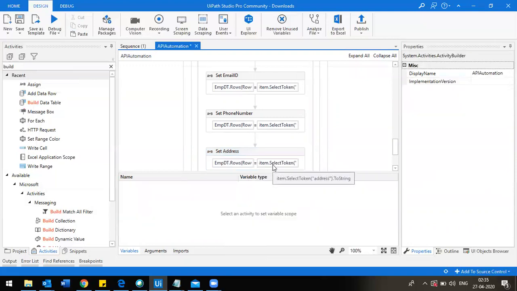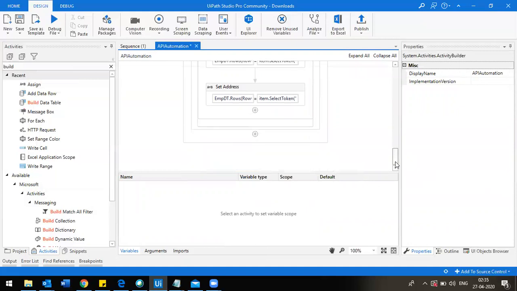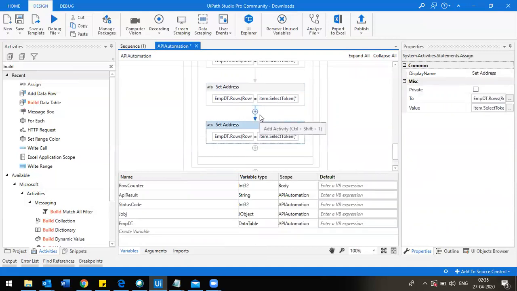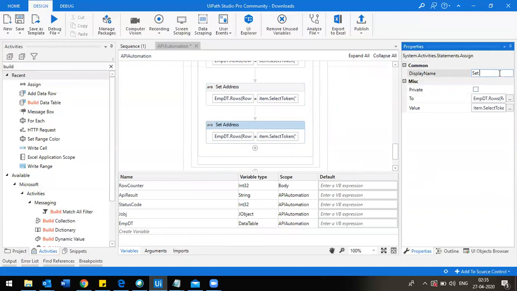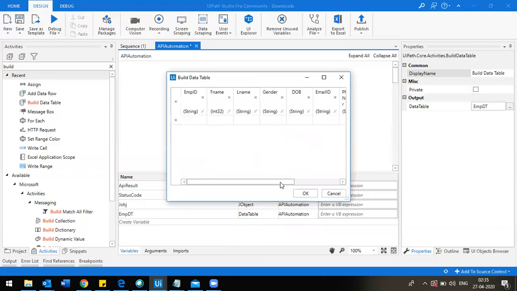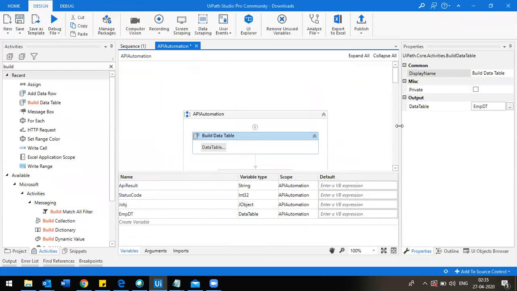Okay. So address is done. And the last one is status. Okay. So what is the status column name? So status column is status only.